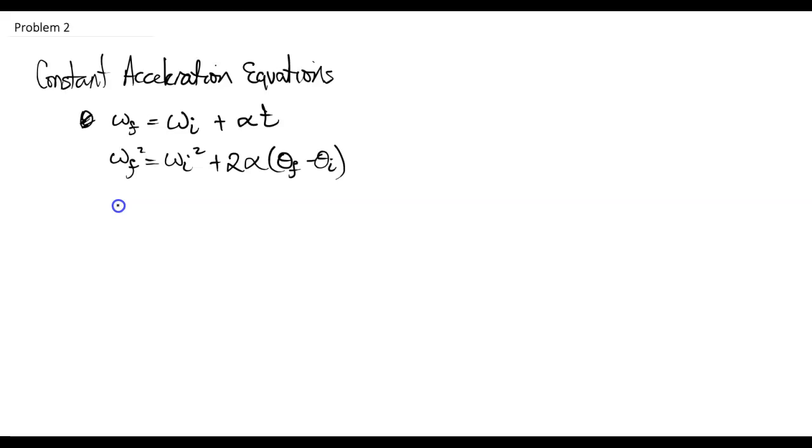And then the last one is theta final equals theta initial plus omega initial t plus 1/2 alpha t squared. So these are the equations that we've had previously, but now we're using them for